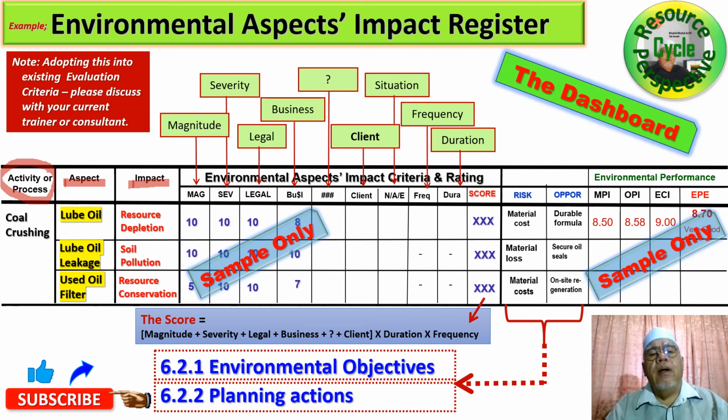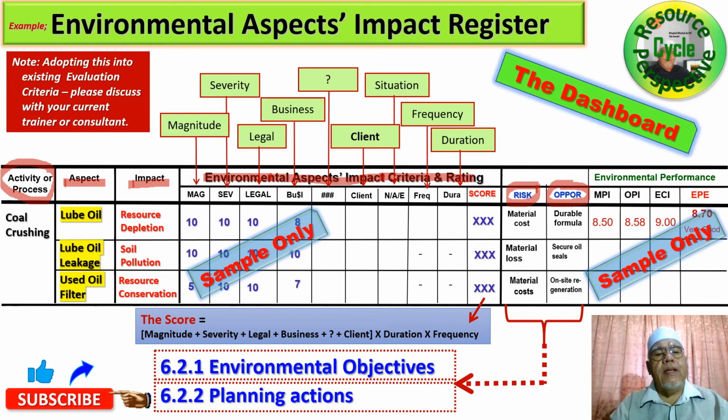Okay, so we have here the evaluation. As I am highlighting, this is actually the aspects impact evaluation technique. And we have got all those various criteria for the evaluation. I'm not discussing it here, but if you want to know about it and you request it, just write in the comment. I will do it slowly for you to ensure clarity. And for ISO 14001 version 2015, risk and opportunity, remember? So we have it here. Please add this in your dashboard so that everything is clear